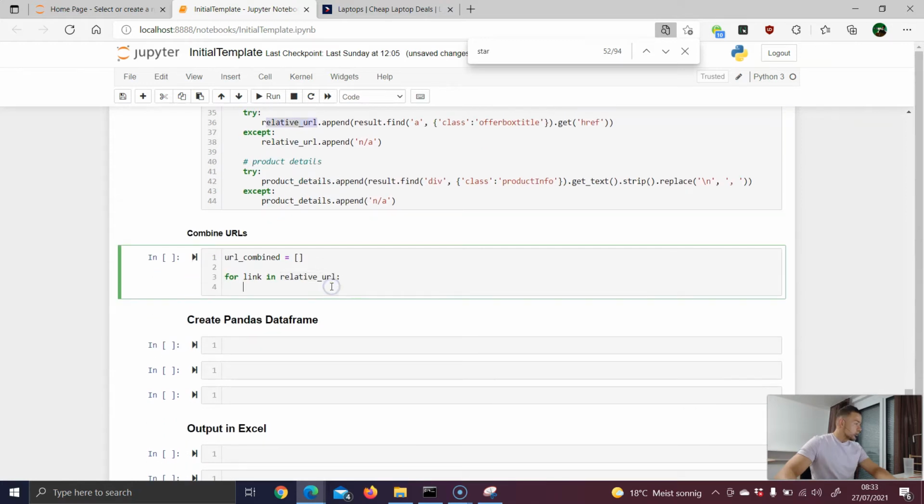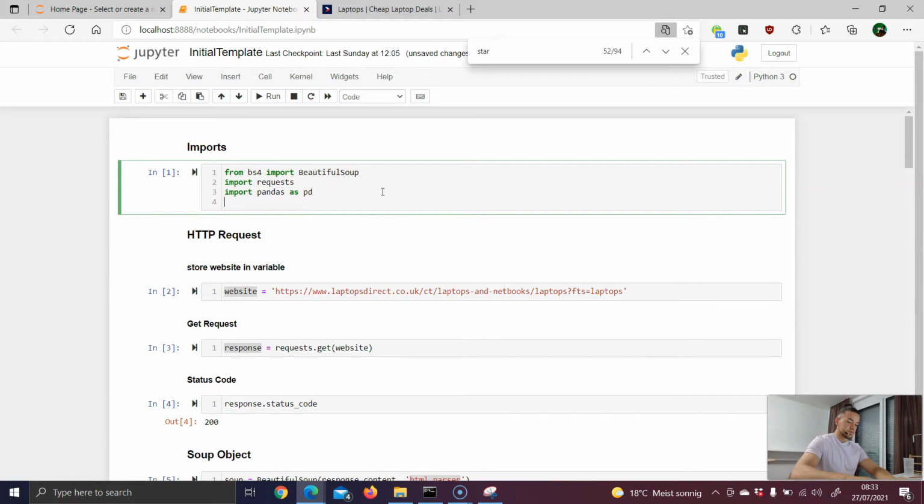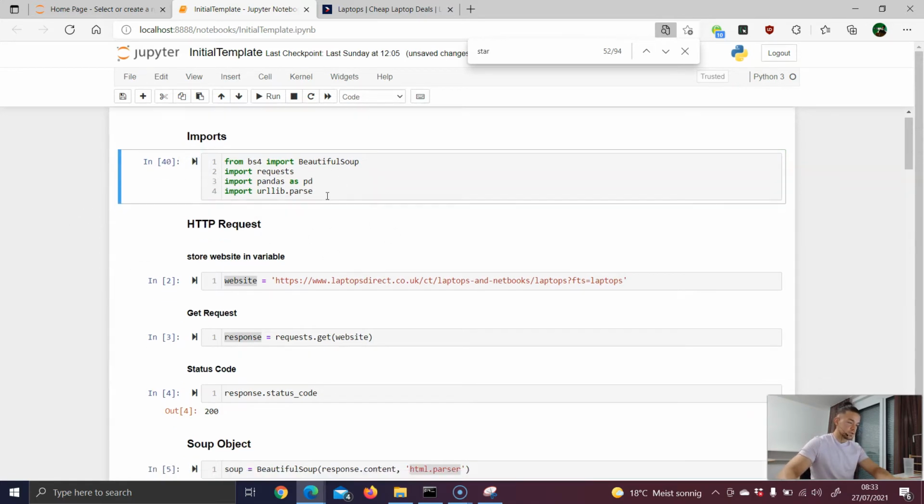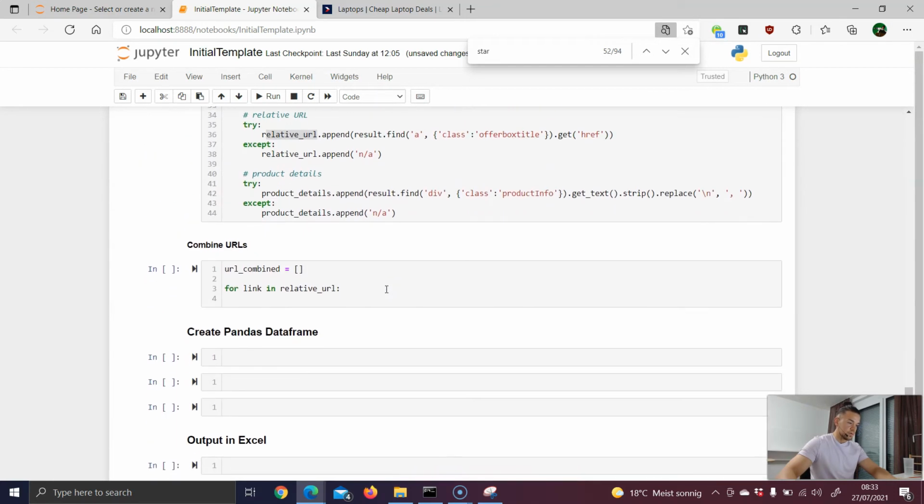Okay. Now what we need to do is import the urllib module. Okay, let's do it here. And we need to import urllib.parse. Okay, I will run it, and this module we will use for the combination or for the concatenation of both parts. So first thing is the root URL, second thing is the relative path. Okay, let's do it. So for link in relative URL,